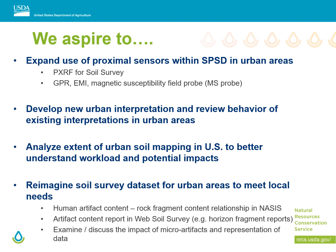And things that we'd like to do are to expand the use of the proximal sensors in the Soil and Plant Science Division in these urban areas. So PXRF is something that gets talked about a lot, so we need to continue to look at that and see how we can integrate that into our soil survey operations and what its application and utility will be